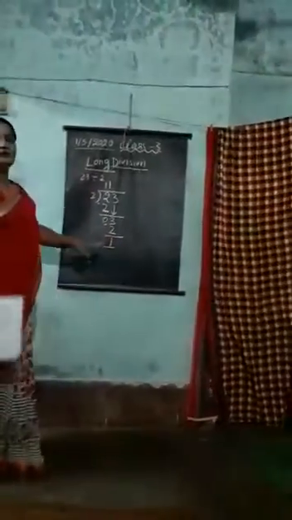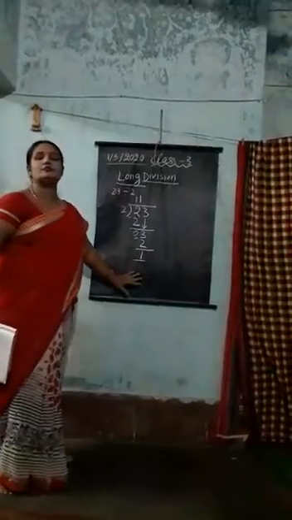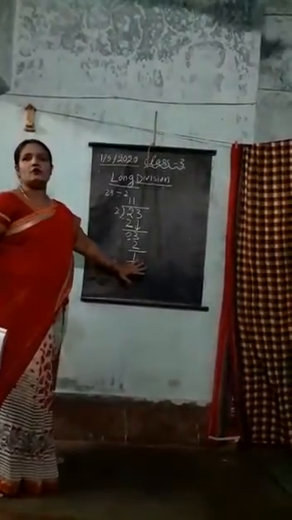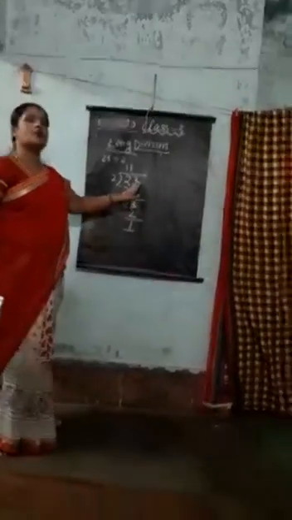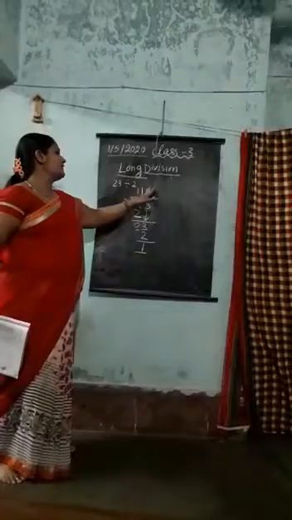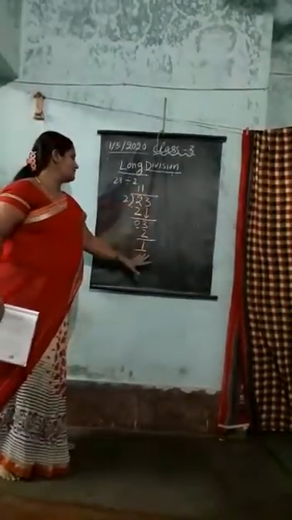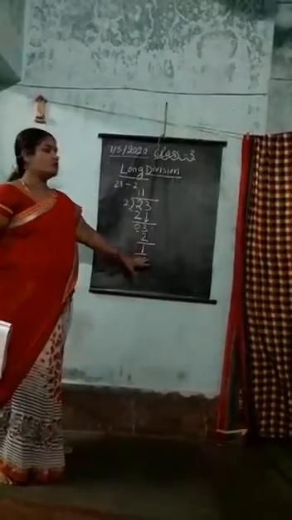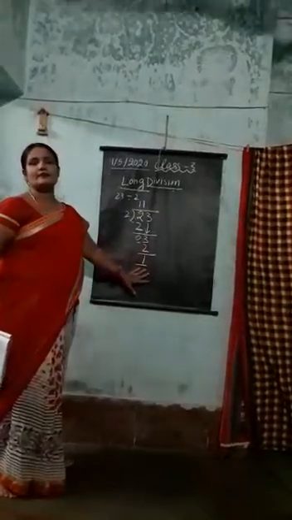I told you before that every time you will not get 0 as the remainder. Okay, here you got remainder 1. I hope you understood, students. So this is called the dividend. This is called the divisor. Here is the quotient and this is the remainder, which is the last, that is called the remainder. So students, I hope you understood what division is.